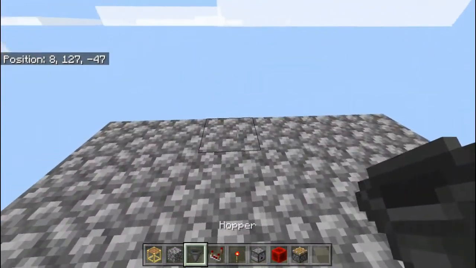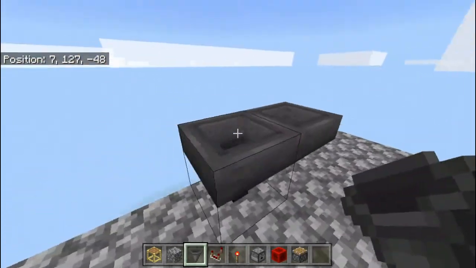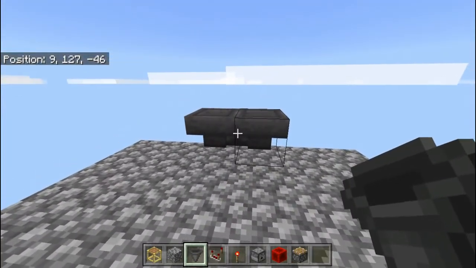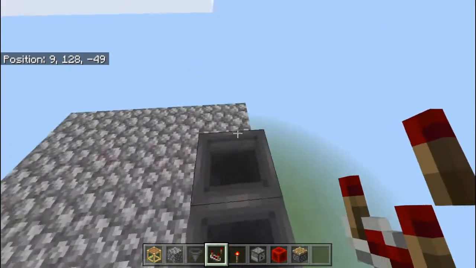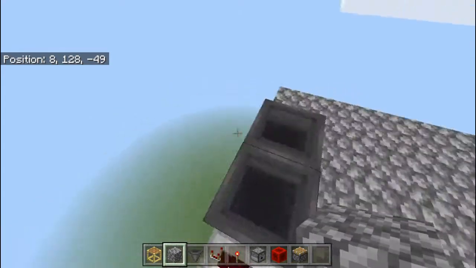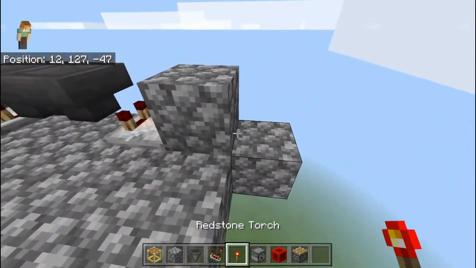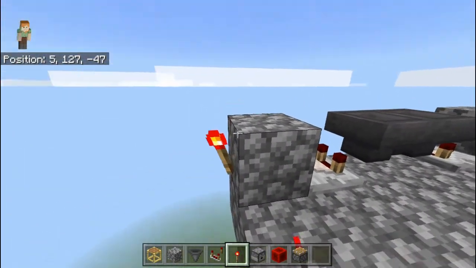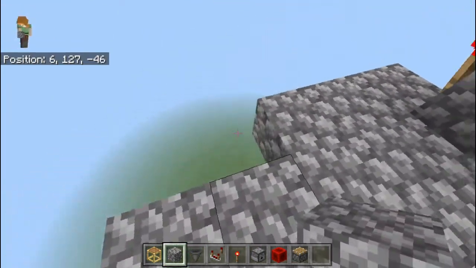So what you're going to want to do is set one of these down, place a hopper into that one, break this one, place a hopper so they're both facing into each other, and then place a comparator on each side, just like this, and then a block and another block going out. You're going to place a redstone torch right there on the outside of that block, come over to the other side, place another one, and then extend out a little bit more,